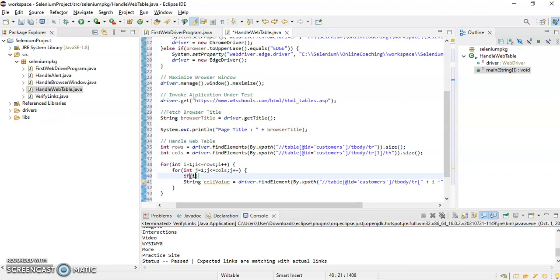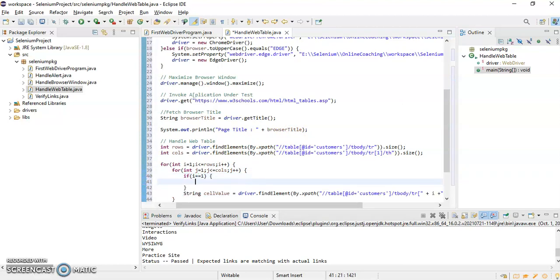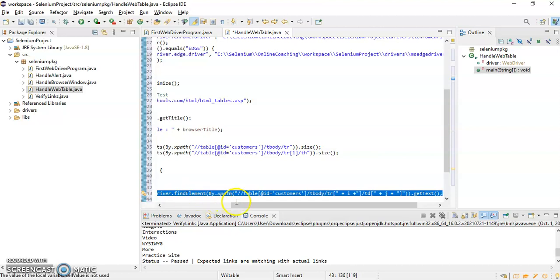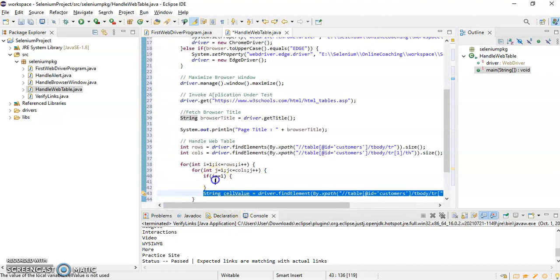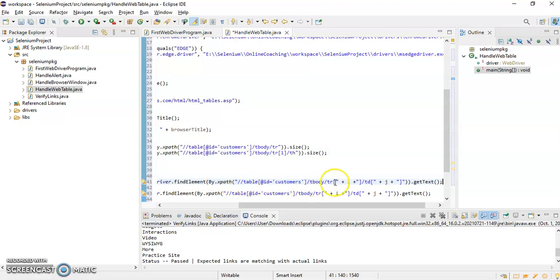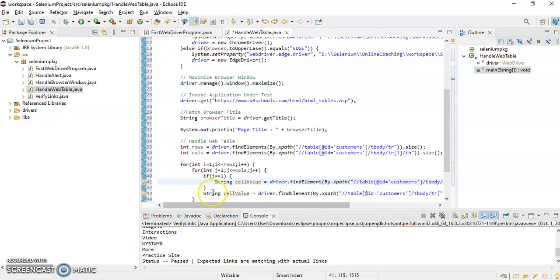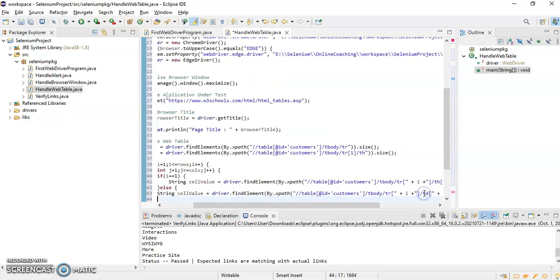If i is equal to 1, then I'll write the same thing, copy and paste it. So instead of td I just have to write here th. Okay, else I can write here, cell value.